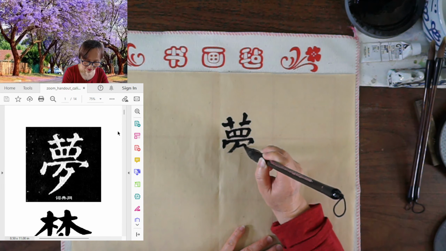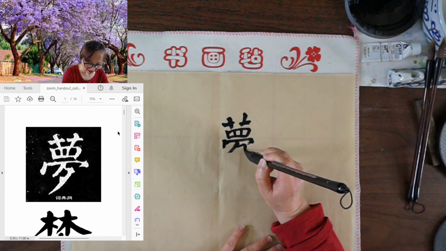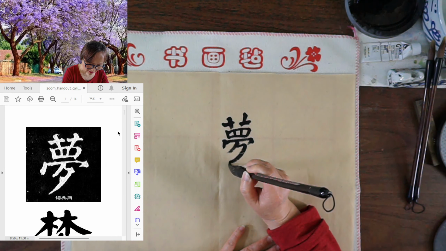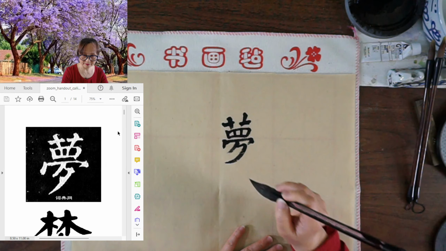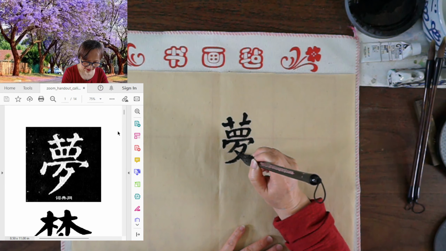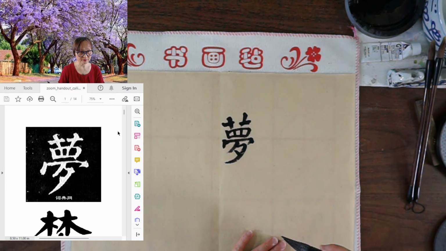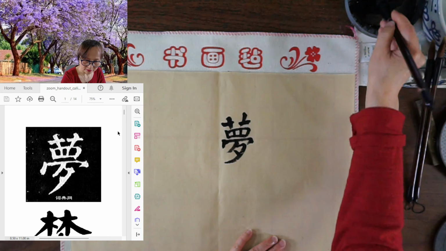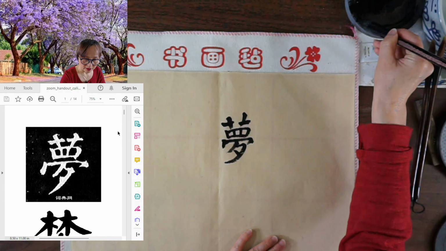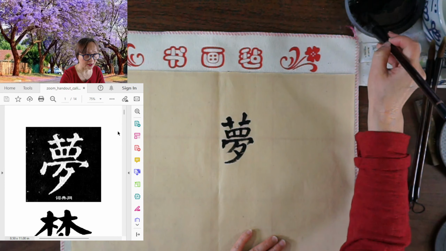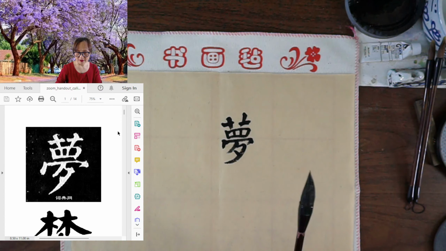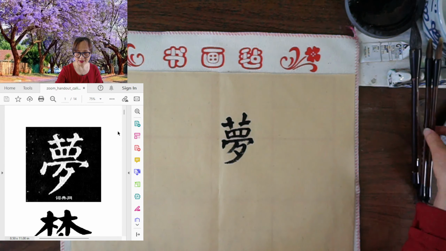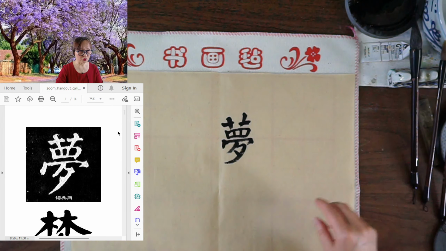small horizontal, and press, gradually, slant, and the dot. Okay, that's the dream in the standard style. See, when we write in the standard style, the brush with some